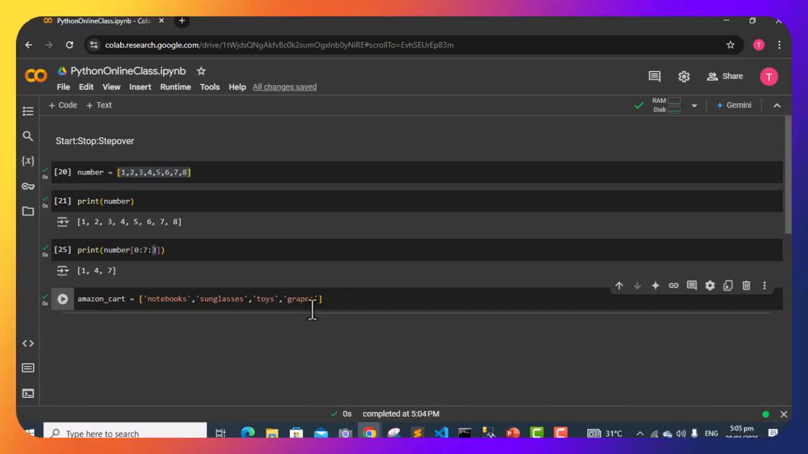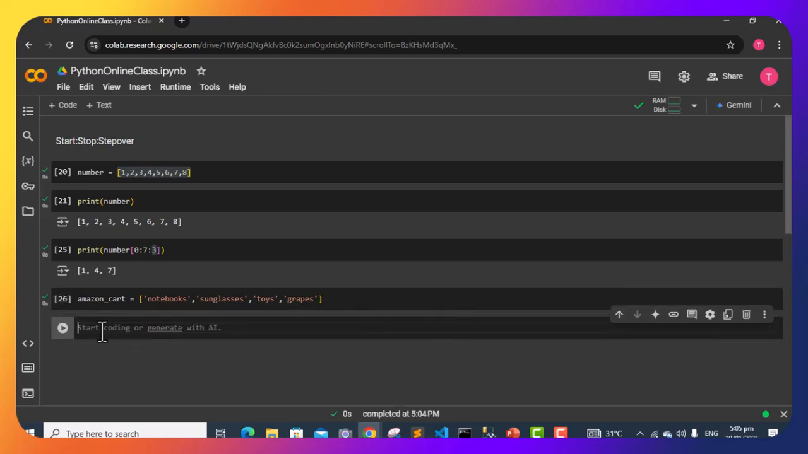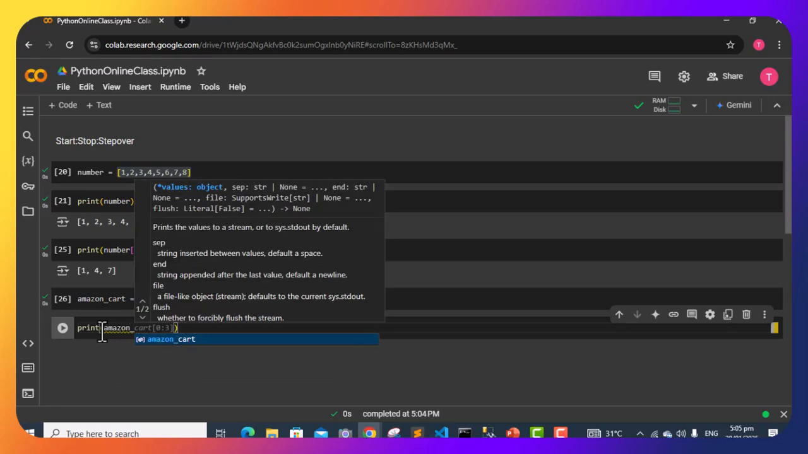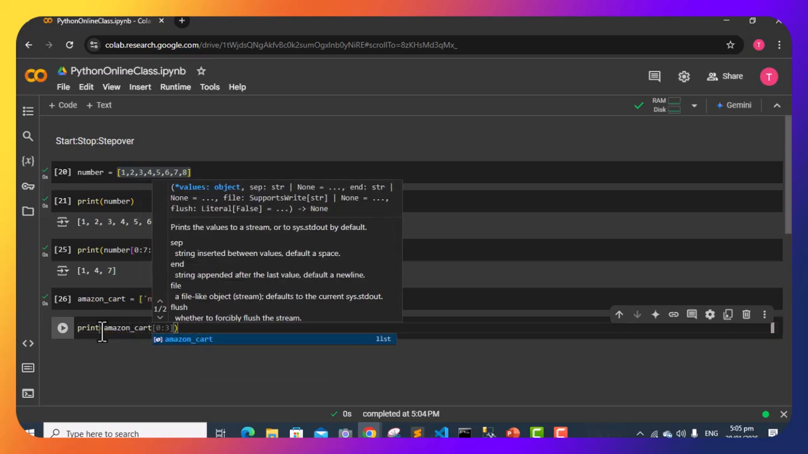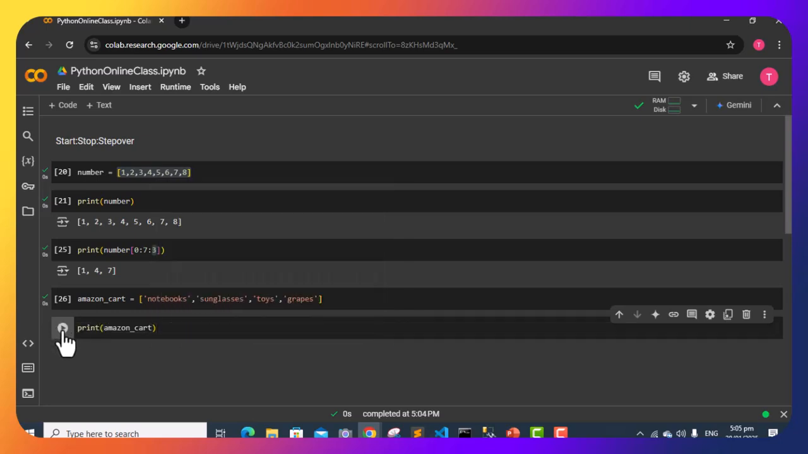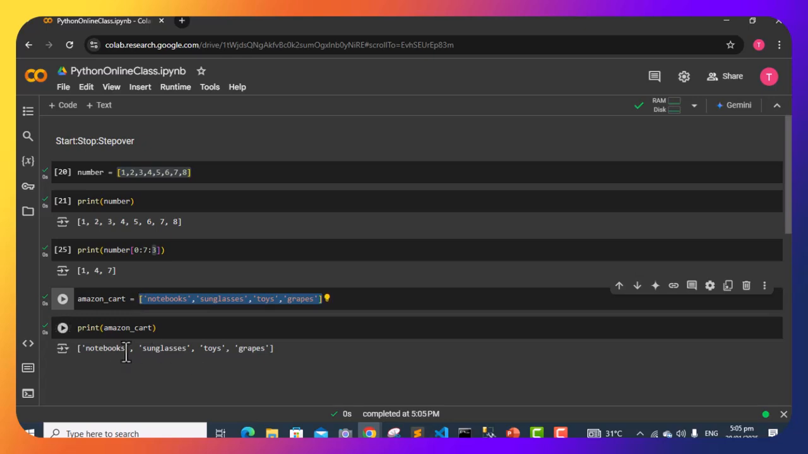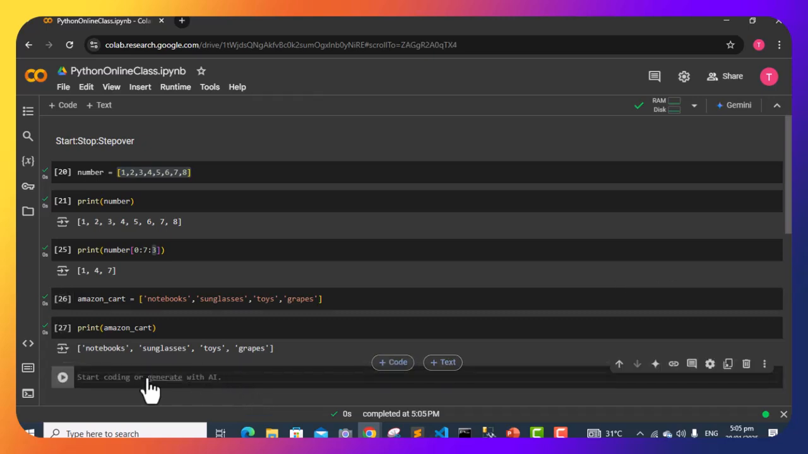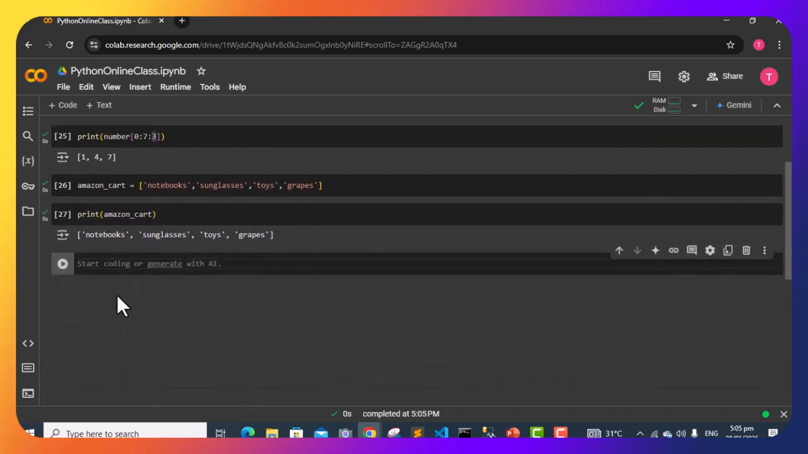If I'm going to print this Amazon cart, let me print out this Amazon cart. Let me just add one cell there and print Amazon cart. Remember, always type your code by yourself so that you get used to it. So as you can see, it's printed out what we have under Amazon cart here. It's printed out everything, but if you want to do start, stop, and step over, it's still the same process. What I'll just do is print Amazon cart,